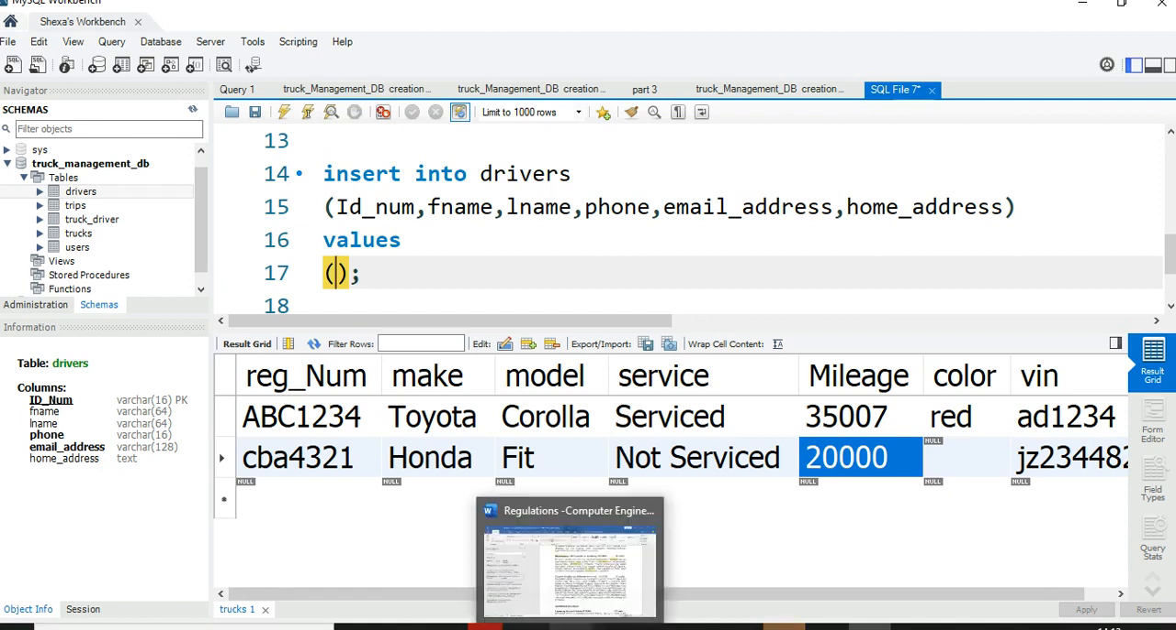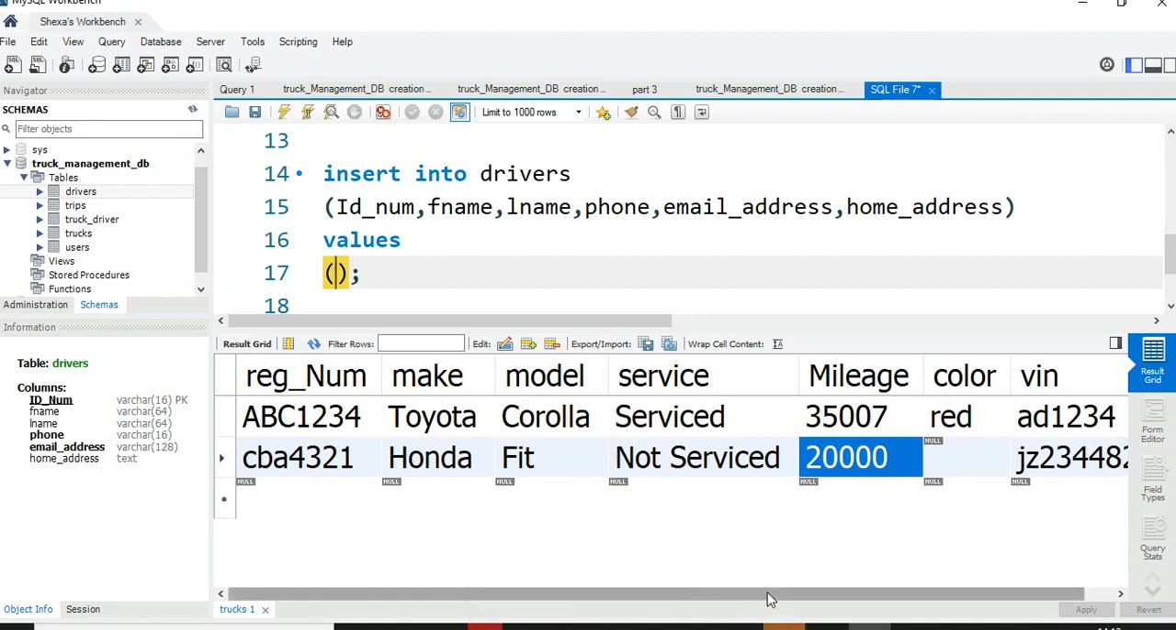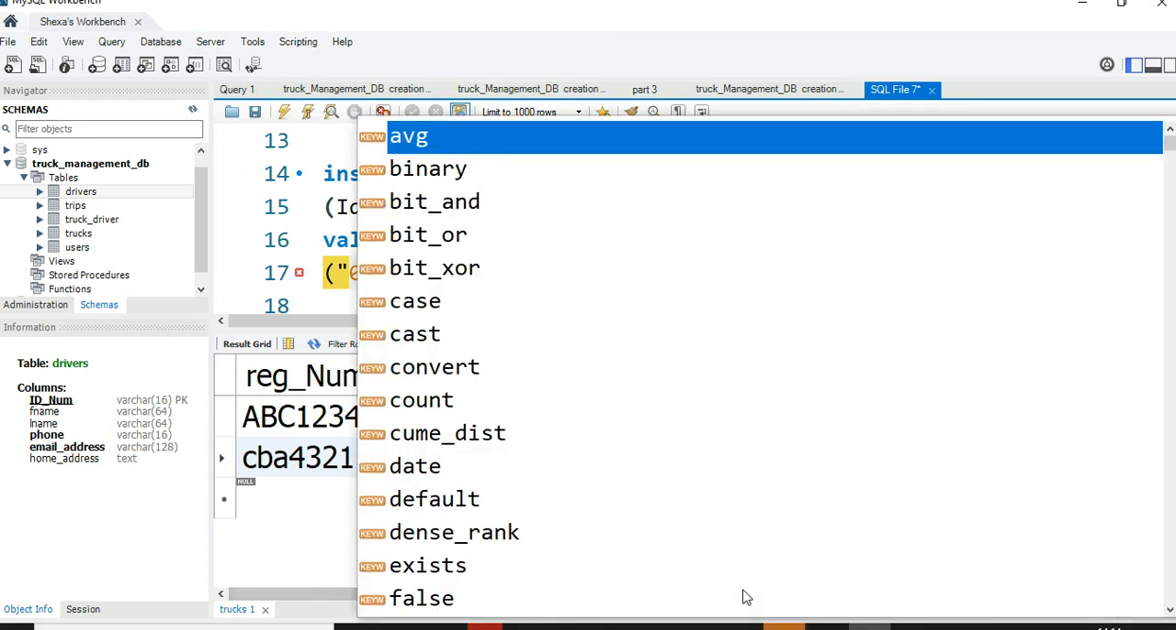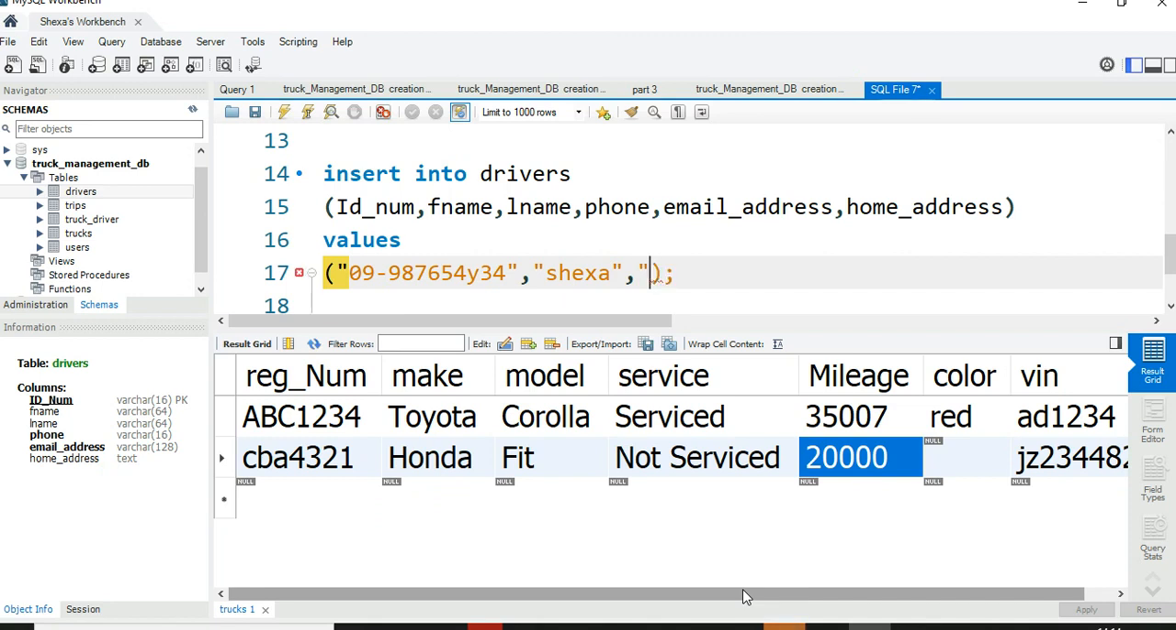Let's just put what value can we put in there? And just say 09, 1 2 3 4 5 6 and y34. So that's the value for this. And then first name is Shexa, and then second name is Martin,